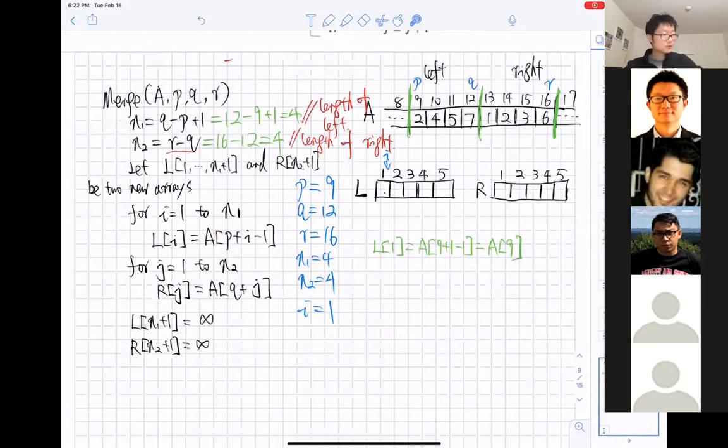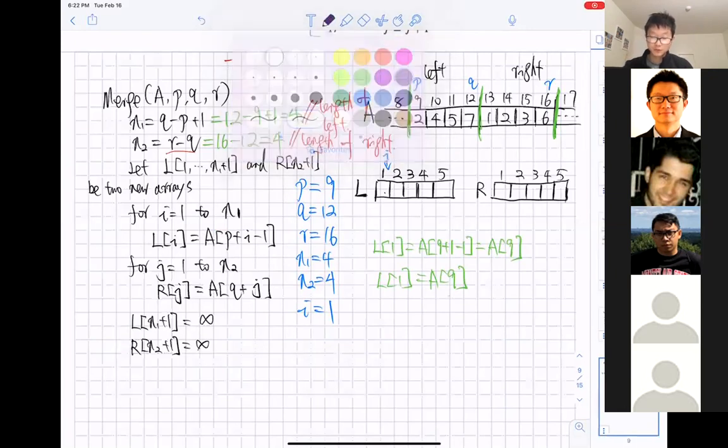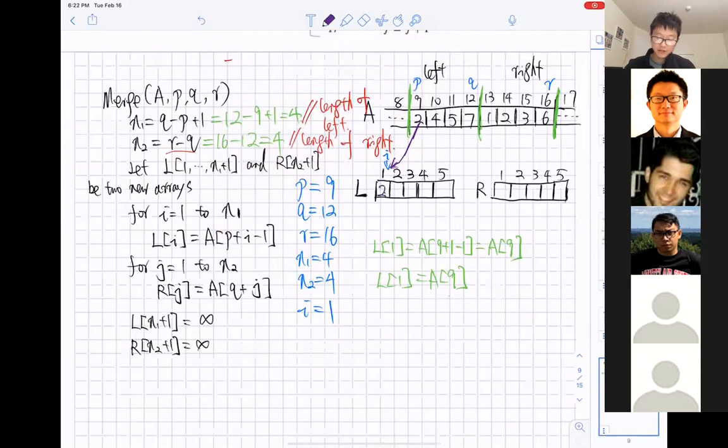Next, with this statement, L1 equal to A9, what are we going to do? We're going to copy A9 to L1. So we copy the value over here, and then here we got a value too.